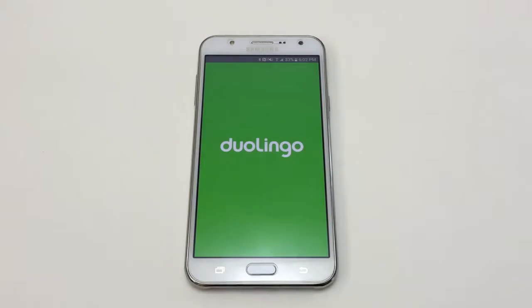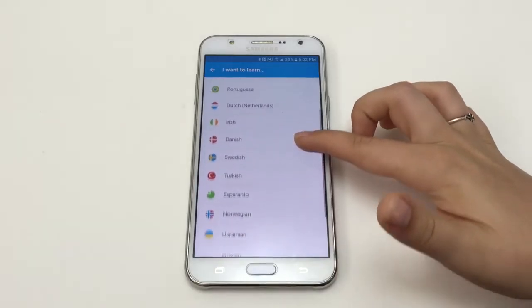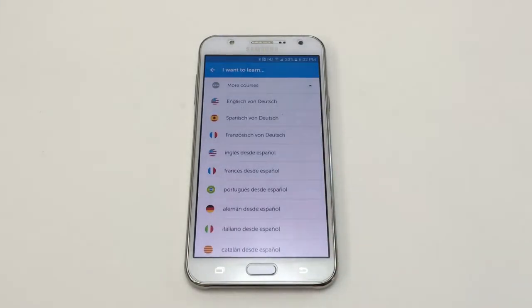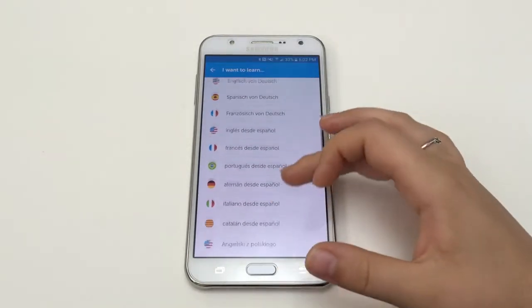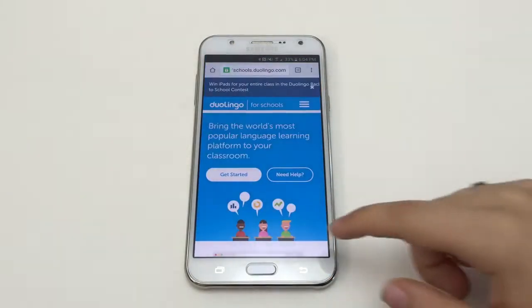Number 2. The second app I recommend to teachers is Duolingo. This app is recommended specifically for foreign language teachers. However, it could be helpful to give ELL students some extra practice with the English language. Duolingo is an app that many people already use for fun, but as a teacher you can set up a